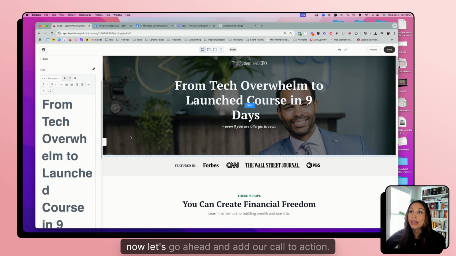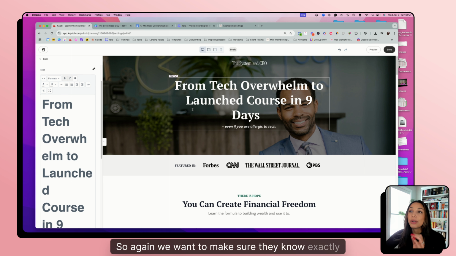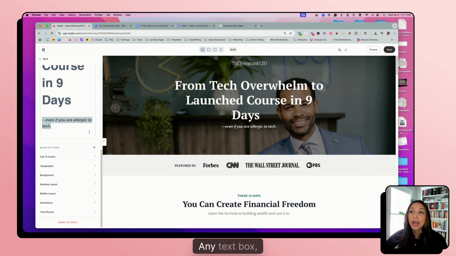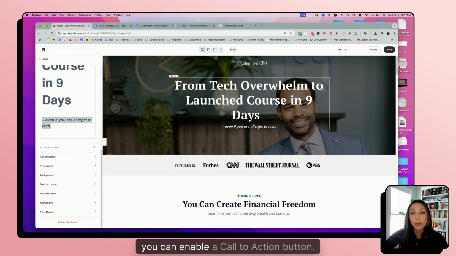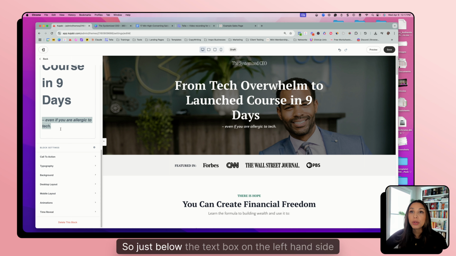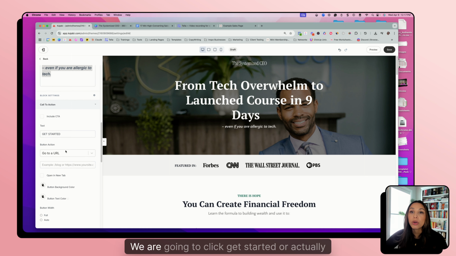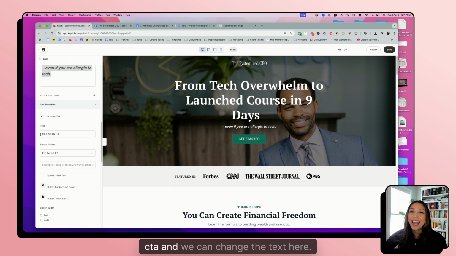All right, now let's go ahead and add our call to action. So again, we want to make sure they know exactly what the course benefit is and if it's for them, and then how to get started. So scroll down here, any text box, you can enable a call to action button. So just below the text box on the left-hand side, we're going to find call to action, and we are going to select include call to action, that's CTA, and we can change the